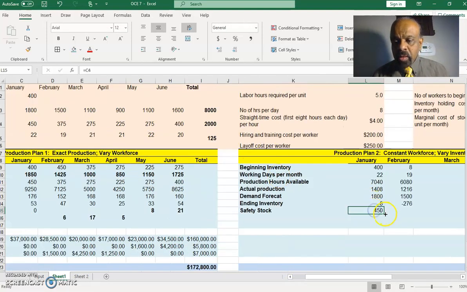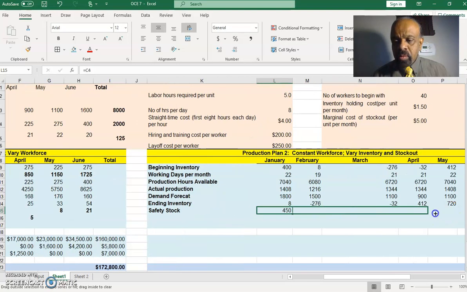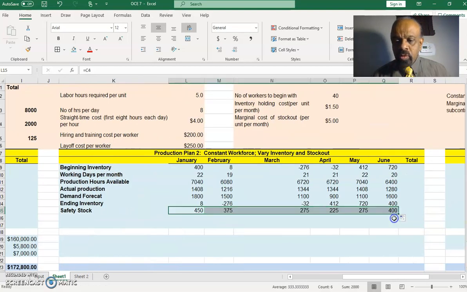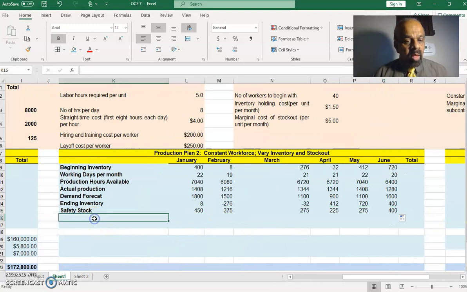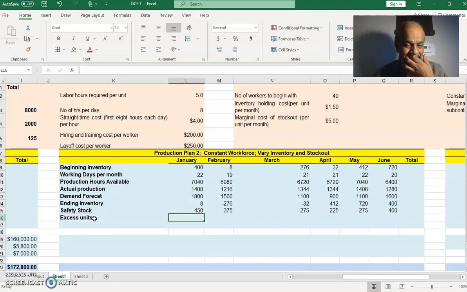So now I can copy and paste for till June. Now I can calculate my excess units or excess inventory. My excess inventory or excess units is going to be calculated this way. I'm going to compare the safety stock and ending inventory. And I'm going to say this: